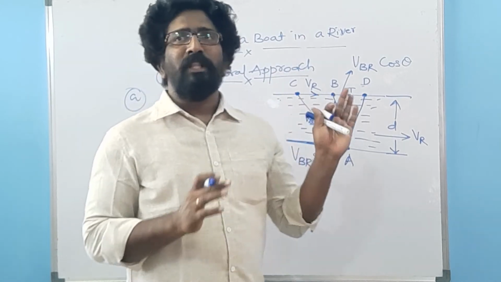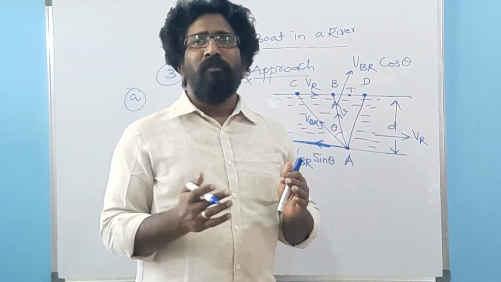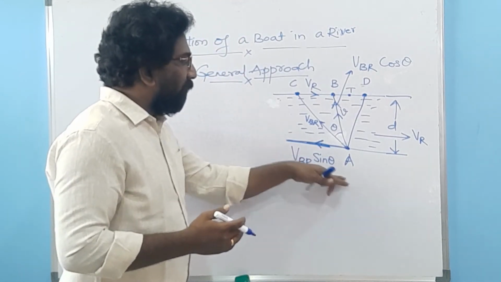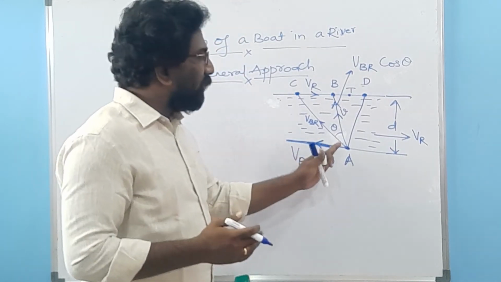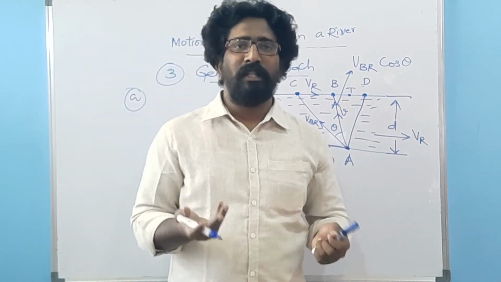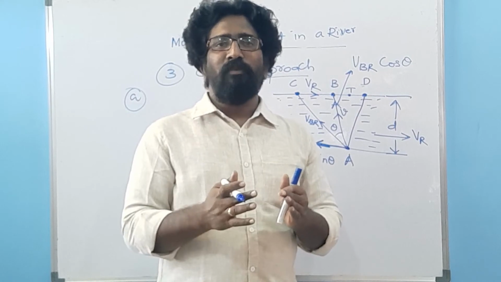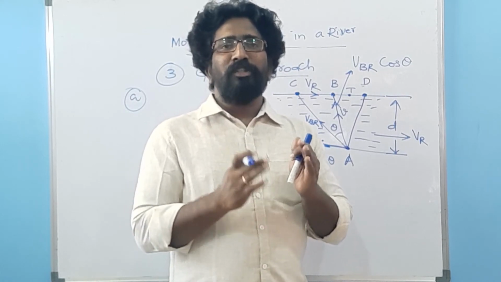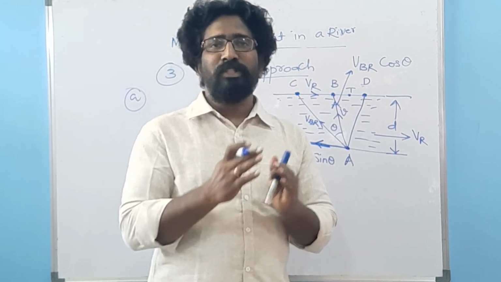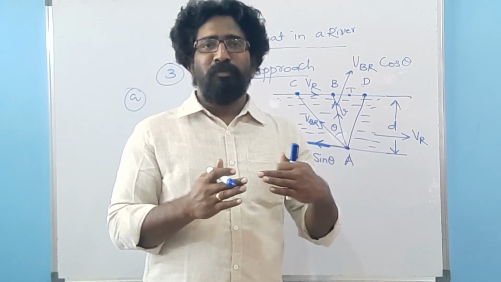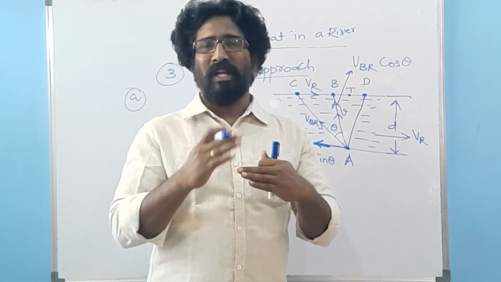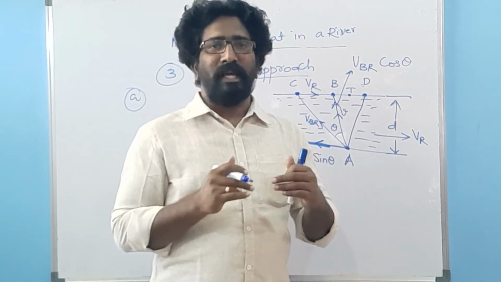Is it okay, ma'am? The velocity of the river is much greater than the velocity of the boat. The velocity of the boat is what? It is going with this angle, VBR sin theta. What is the velocity of the river? It is VR. So whenever the velocity of the river is much greater than the velocity of the boat, then definitely what happens? Even if we want to reach some point on the other bank, we might not reach that point on the other bank. Why? Because this water flow speed is very high, so it will push my boat to another point than where I actually want to go.